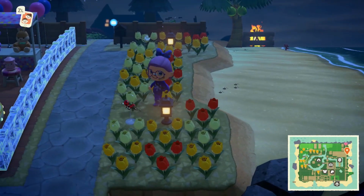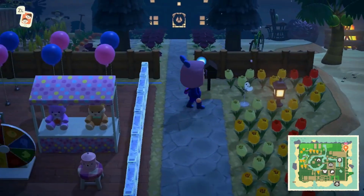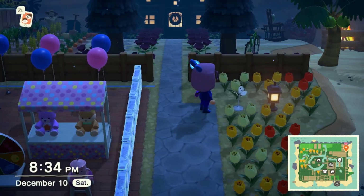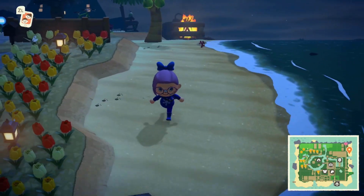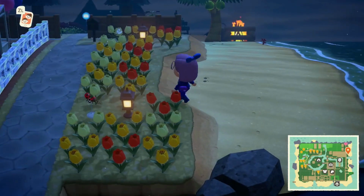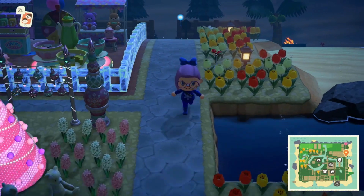Here we have our tulip lane area. Just some tulips, some of the different colors, with some garden lanterns. Kind of simple, just along the beach here. Not really anything on the beach. Left it kind of open. We keep going this way,